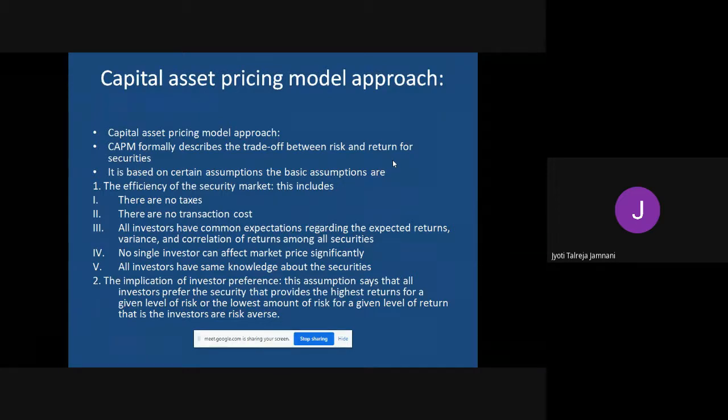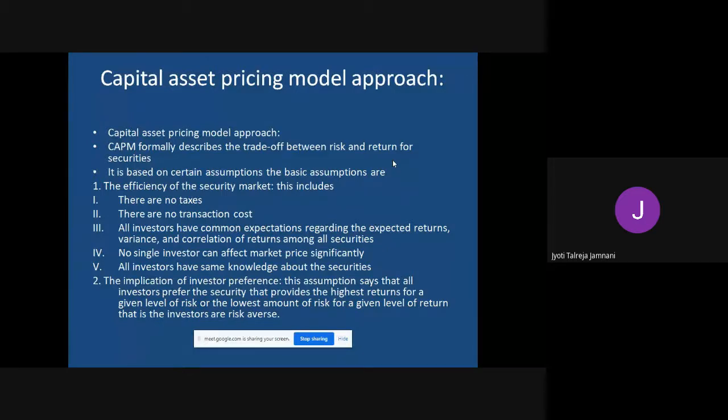No single investor can affect the market price significantly. This can be taken as a true assumption, because SEBI doesn't allow a single investor to move market prices very easily. But to a certain extent, a few people actually do it. Example, the Harshad Mehta case. If you have seen the Scam 1992 web series, you might have seen he had the power to control the market price of a particular share, increase it or decrease it. If you have not seen it, watch that. It's a good web series.